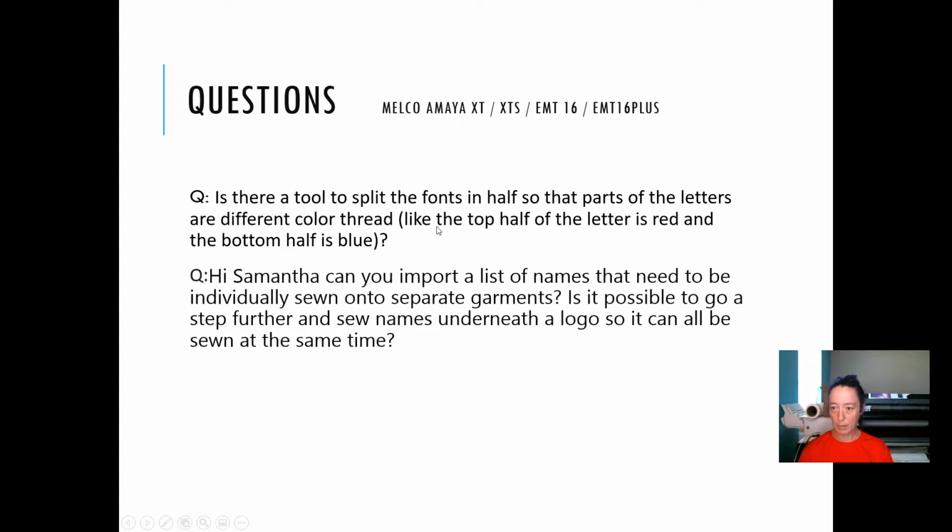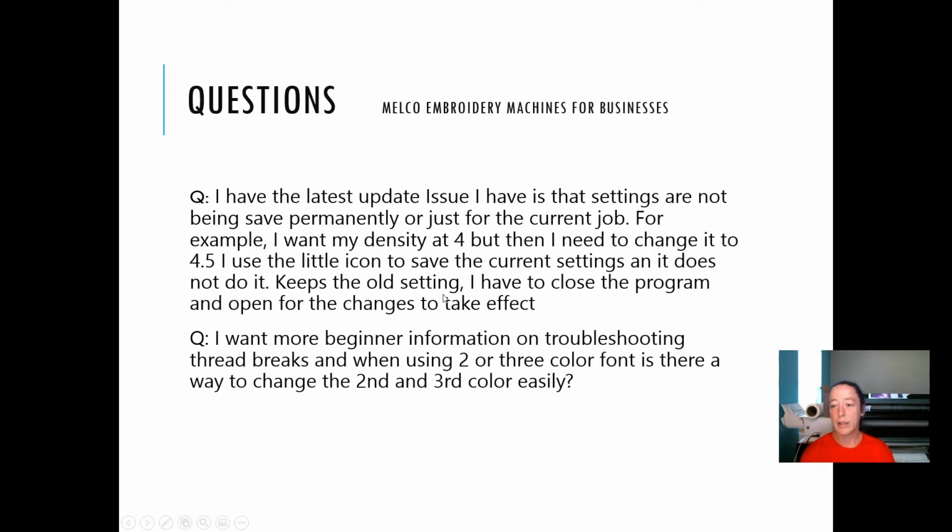All right, so that was the group names. I'm trying to make sure I didn't miss anything since I'm bouncing around today. I'm sorry. All right, so settings aren't saving permanently for the current job. All right, so in DesignShop,